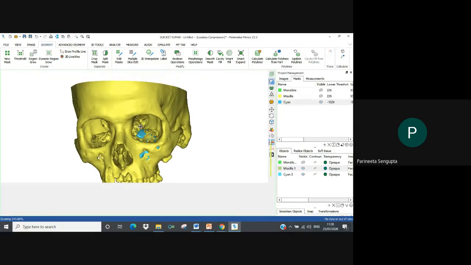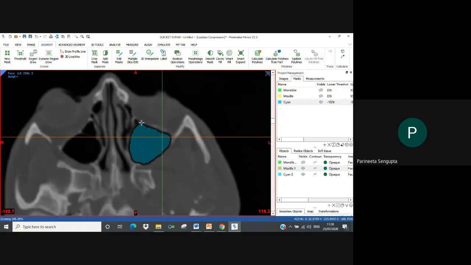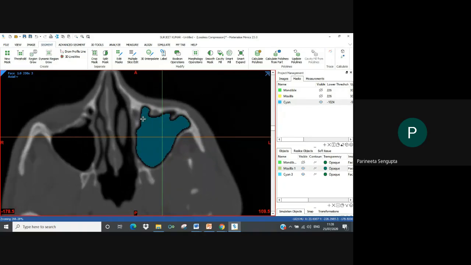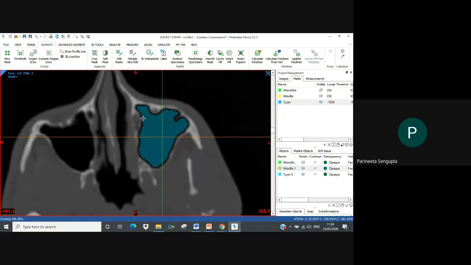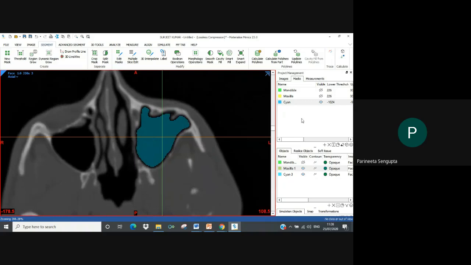Okay. If we still see, through dynamic region grow, some sections are still not coming correctly. So now what we can do is there's another option called Smart Expand. Before moving to Smart Expand, is there any doubt till now? Do you want me to repeat anything? Okay. I'm assuming we're clear and moving ahead.